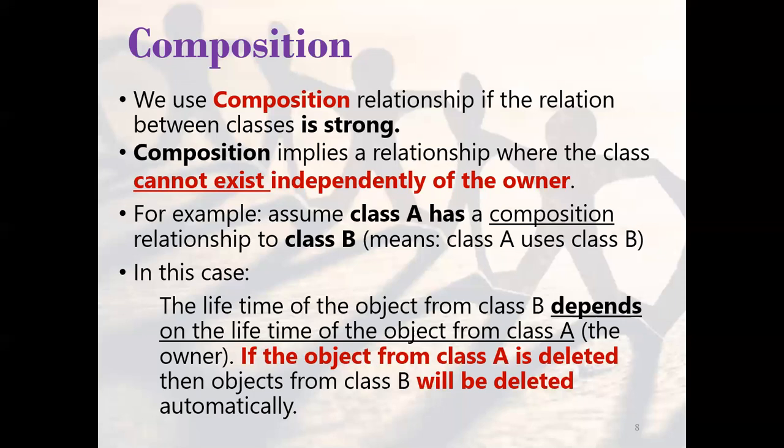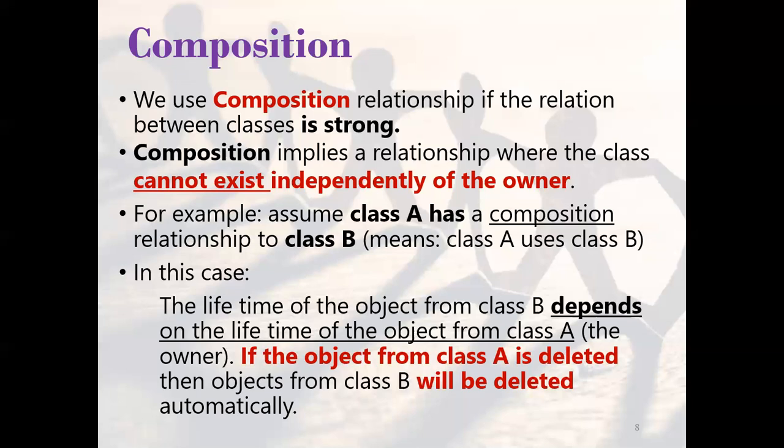It means the relationship between the parent and the child, or the owner and the owned object, is strong. It means the child cannot exist before the parent exists. And if the parent is deleted, then there is no need for this child to exist, and therefore this child